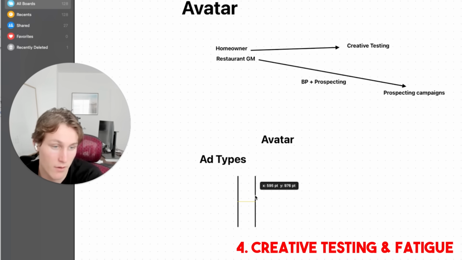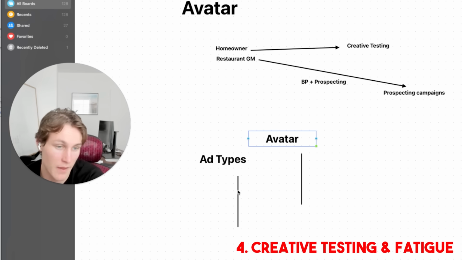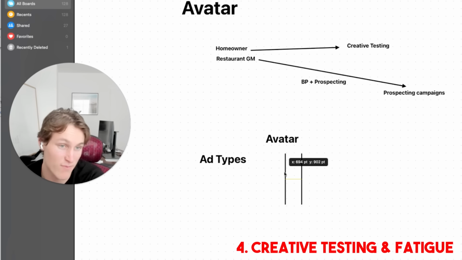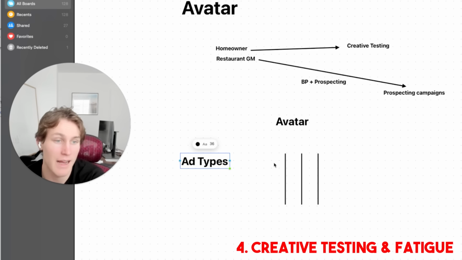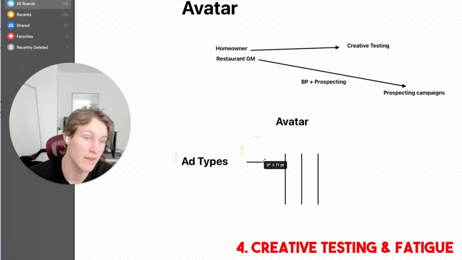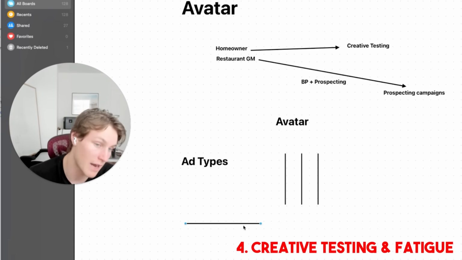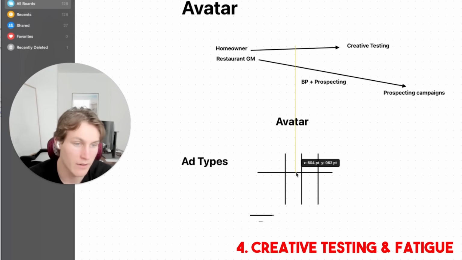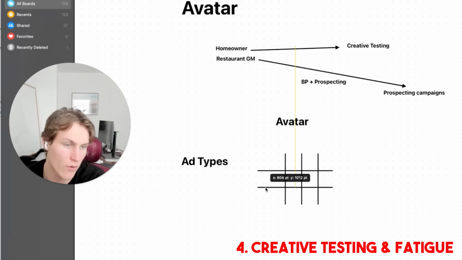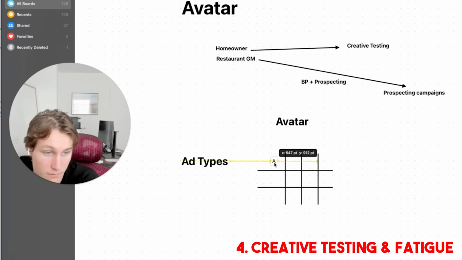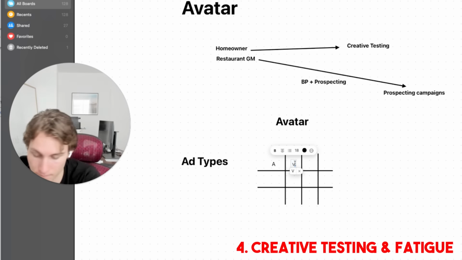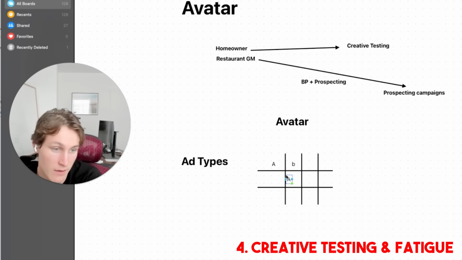So we have our, let's say, avatar. This line can represent homeowners, this one restaurant GMs, this one property managers, and then we have our ad types, right? We have a testimonial ad, we have a before-after ad, we have an AI service gone wrong ad. We have all these different types. So we have combination A, we have B, and then we have C, and every one of these little boxes represents a different combination of an avatar and